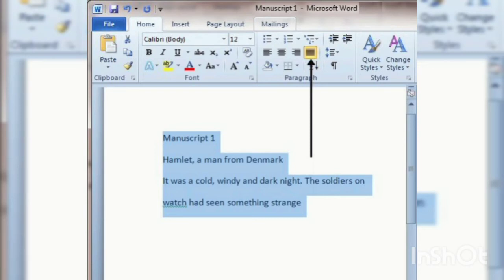And lastly, justified alignment. This is the fourth option. This is also called full justification. Here, all the lines in the paragraph except the last line are extended so that the left hand end of the line is aligned along the left hand margin of the text area.